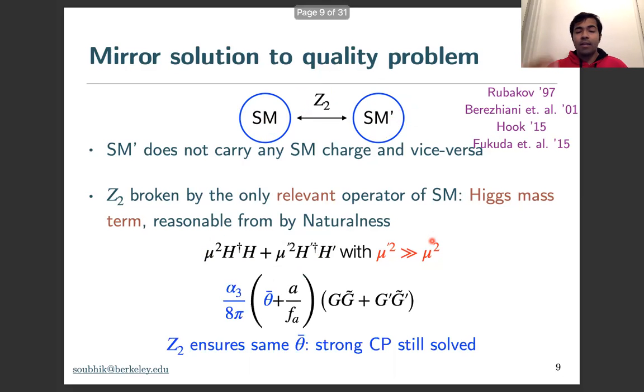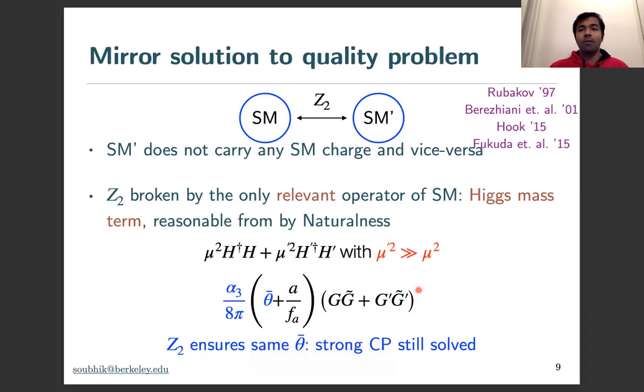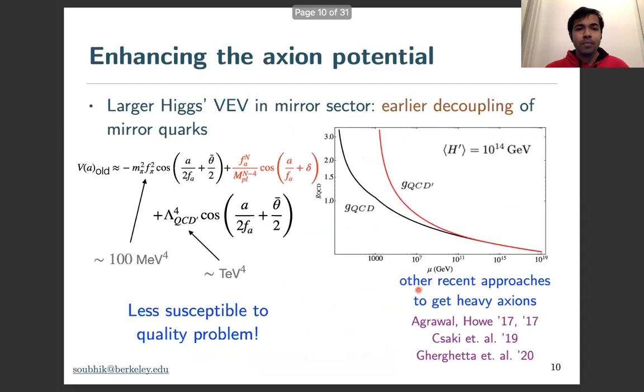Okay. So if we have that, but no other kind of Z2 breaking, in particular, if the same axion talks to the gluons of both the sectors with the same alpha 3 and theta bar parameter, what will happen, as you can see from this expression, is that whenever the axion solves the strong CP problem in one sector, by relaxing into this, by making this particular combination vanishingly small, it would automatically solve the strong CP problem in the other sector as well. Okay, so there is a single axion that solves the strong CP of both the sectors thanks to the Z2.